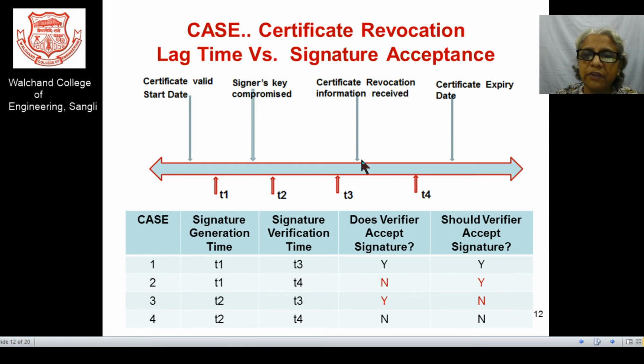But as the revocation is not updated so far at the T3 time, as the verification is carried out, that verification gives you the answer that, okay, in a practical way the signature is accepted.